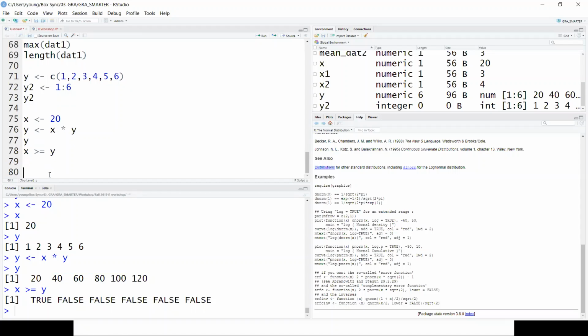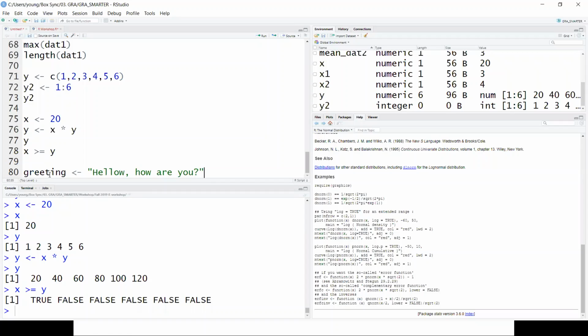Also, you can assign some sentence here. For example, you can assign greeting: Hello, how are you? But for sentences, you always should put quotation marks like this.